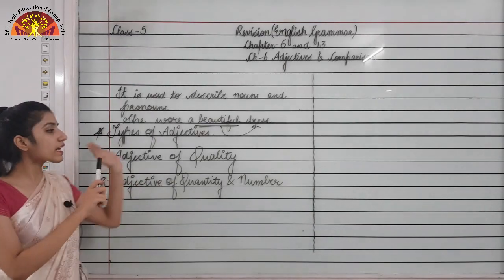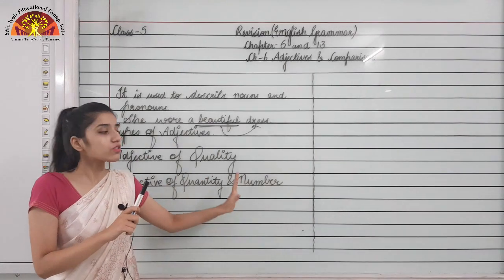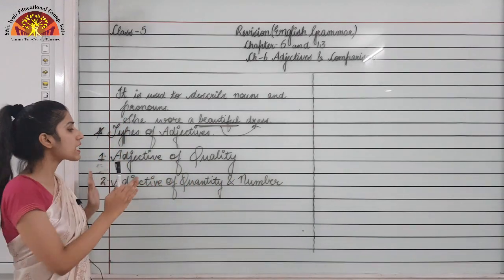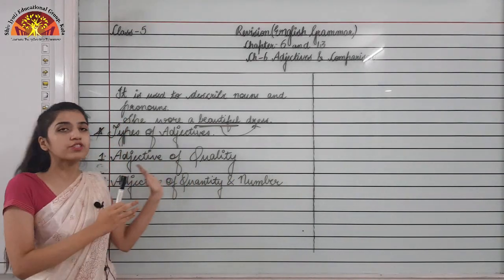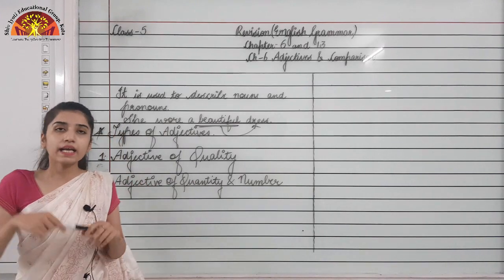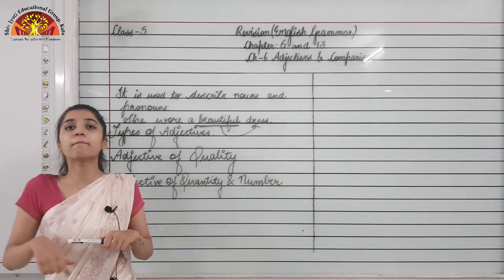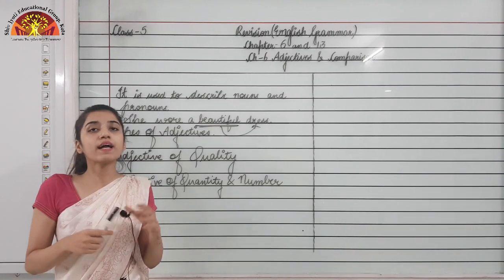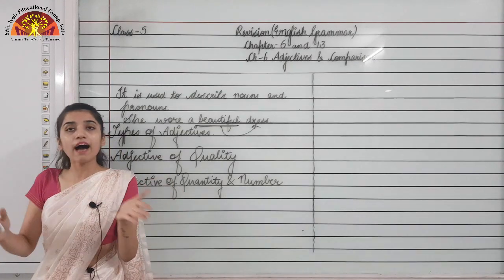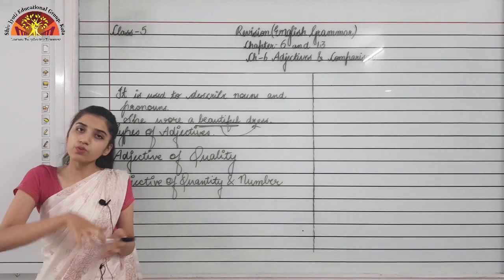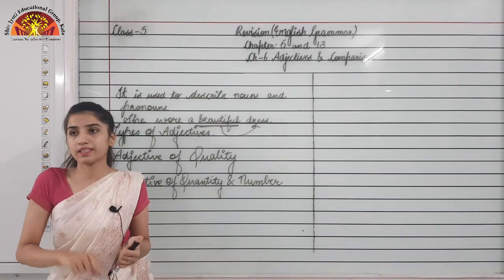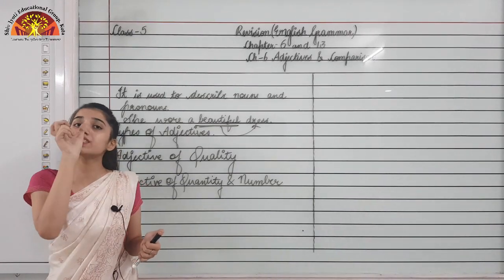But when we are dealing with countable nouns, the adjective would be an adjective of number only. Like I am giving you an example, in your book also the example is written: give me some money. But if I say I don't have much work to do, can you count work? No, you can't. That is why what I used over there was much.